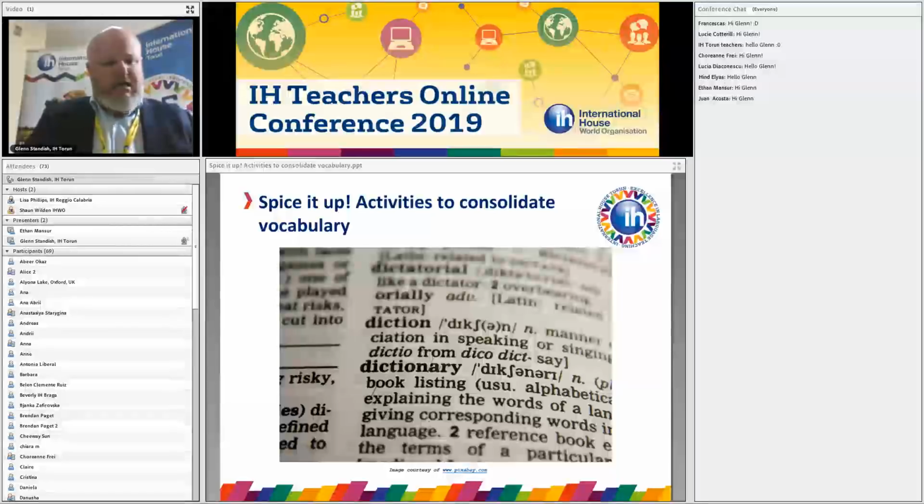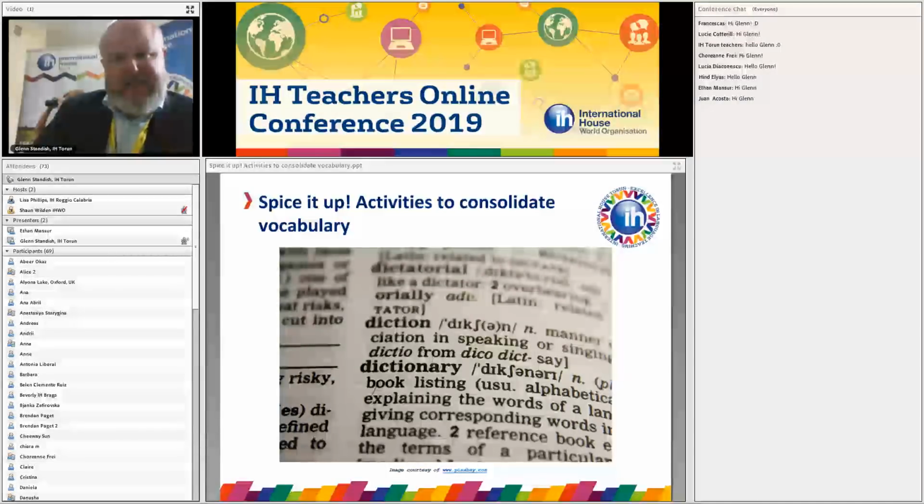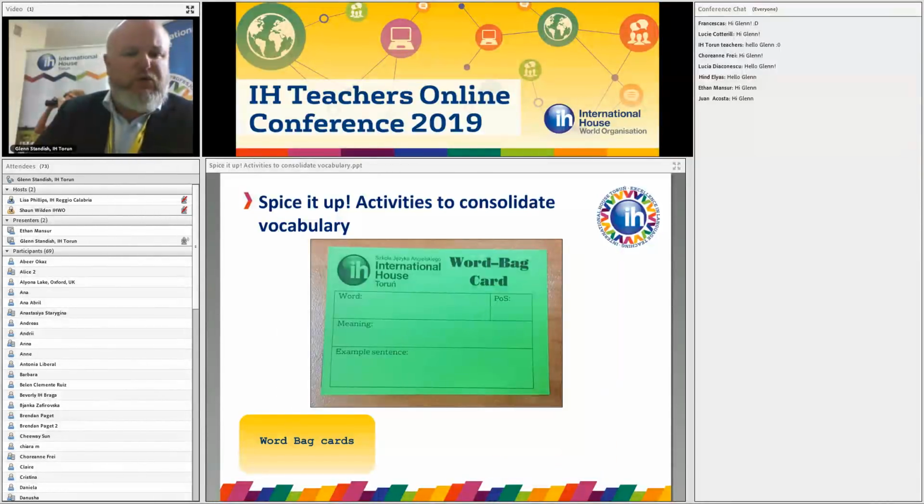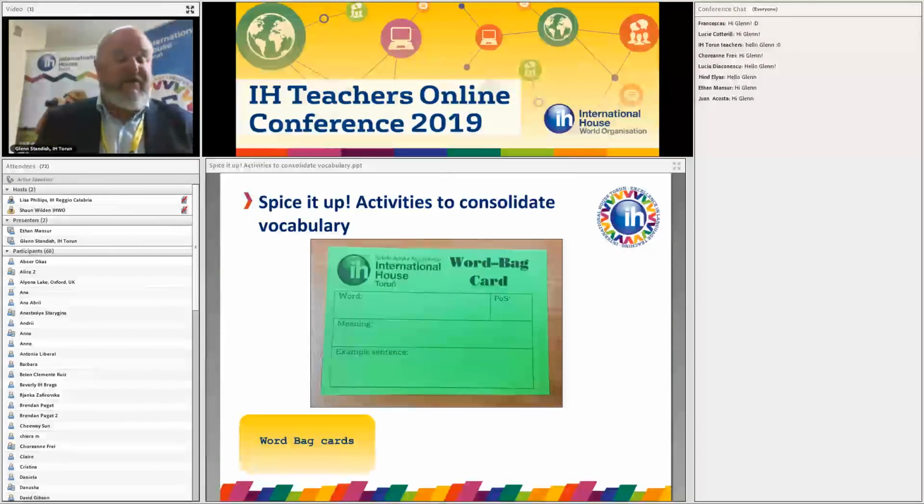Now one thing we do here in International House Torun to really help consolidate vocabulary, and I'm sure a lot of IH schools already do this, is we use what's known as a word bag card. Just tell me if you ever encountered something like this before. Basically, whenever we get incidental language on the board, or any sort of what we call juicy, sophisticated language, which we extract from reading or listening texts, we get it on the board,